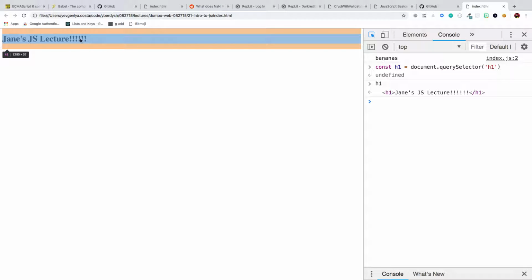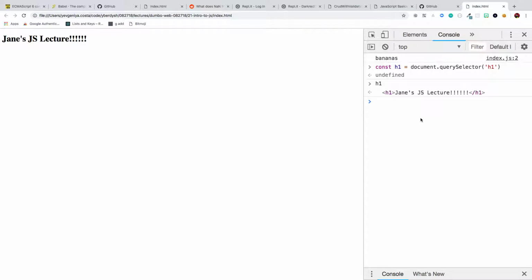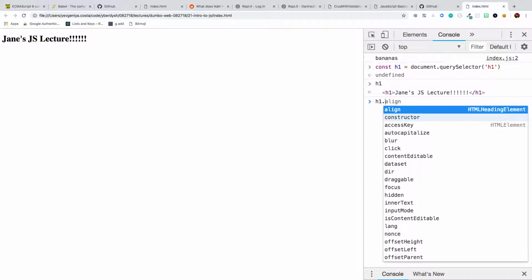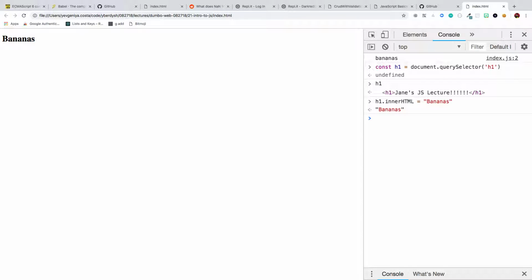This is going to be your main use of JavaScript. You're selecting elements and you're doing stuff with them. So if I wanted to do something on the page, you can take this element and change its inner HTML. See, it's already popping up what its inner HTML is. Say you want to change it to something else. That's the main use of JavaScript.